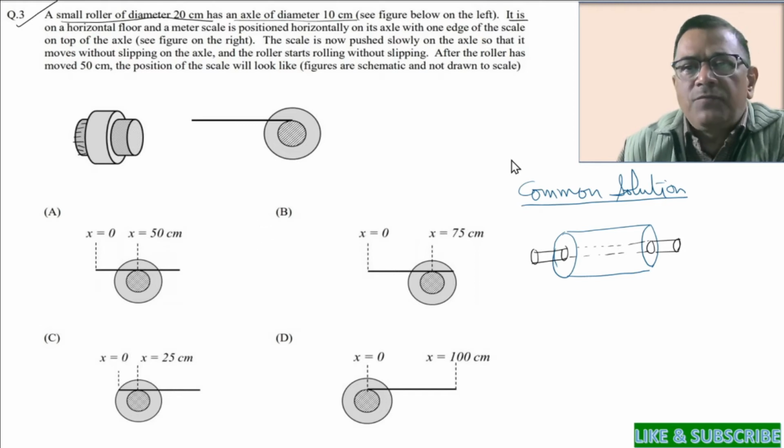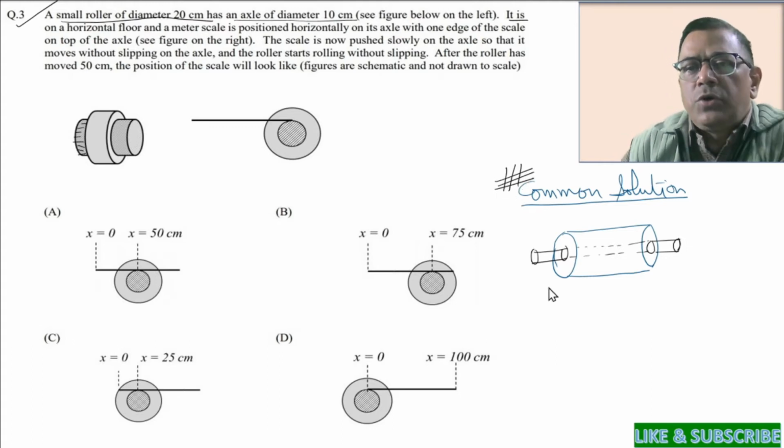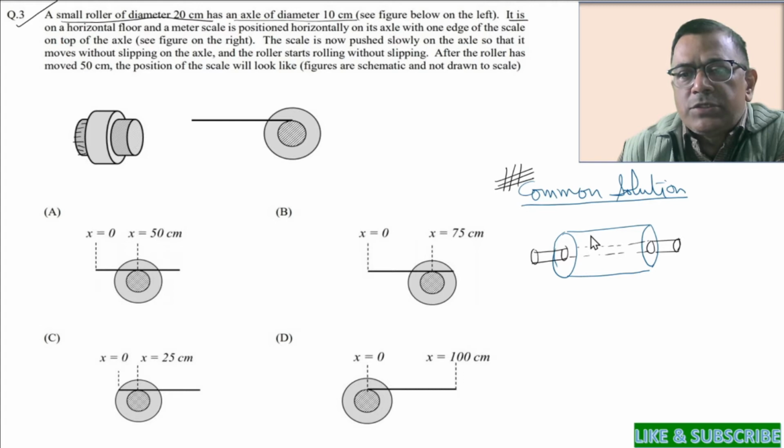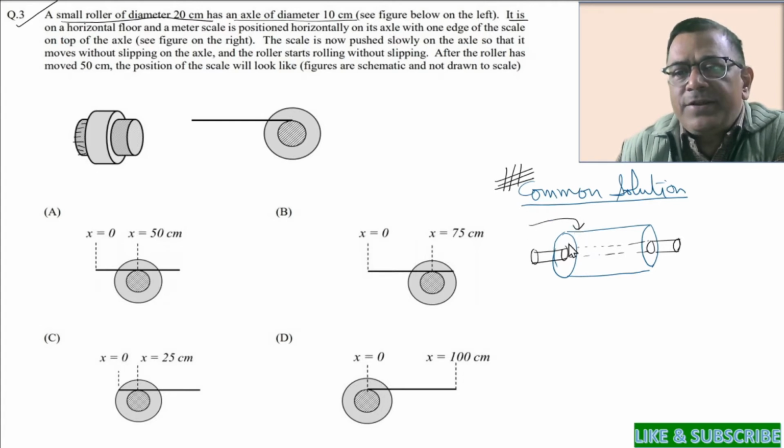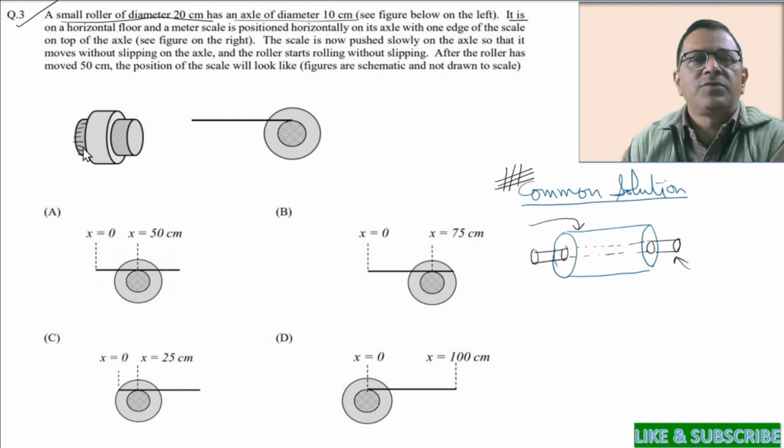So dear friends, you have gone through this problem, so I need not repeat it for you. I would like to go initially with the commonly provided solution in different videos and books. In the common solution, you have a roller. A roller is basically a cylinder with an axle passing along its axis. In this problem, the axle happens to be slightly thicker, but anyway, we need to solve this problem.